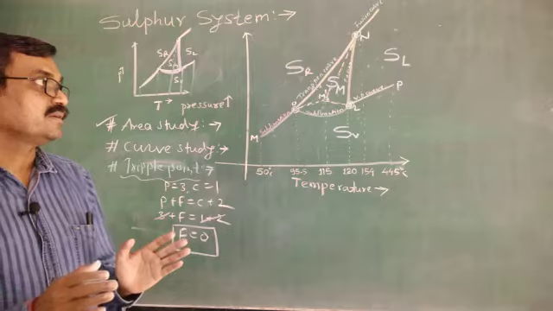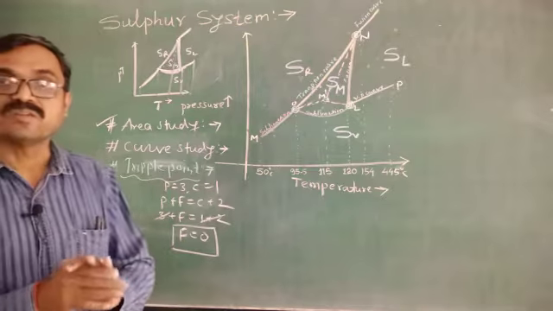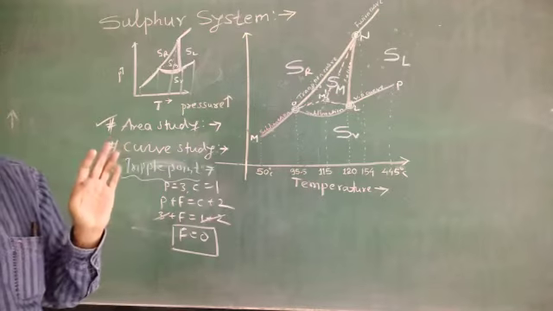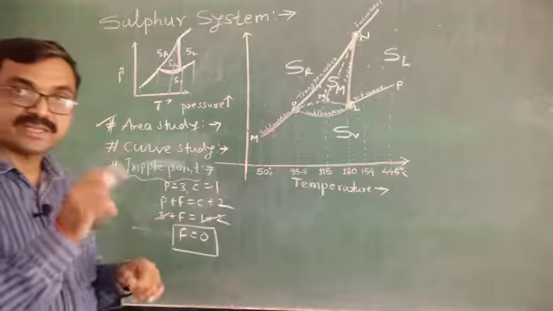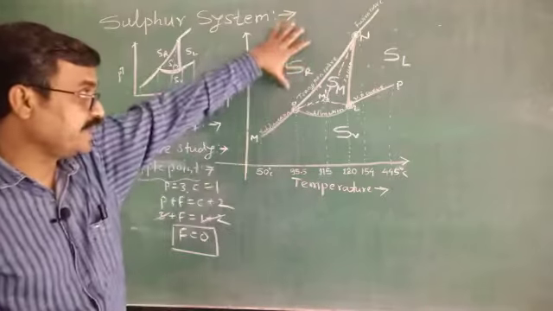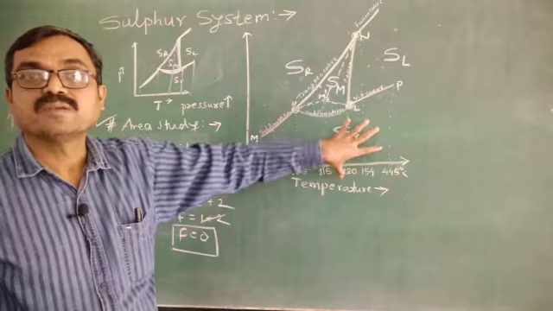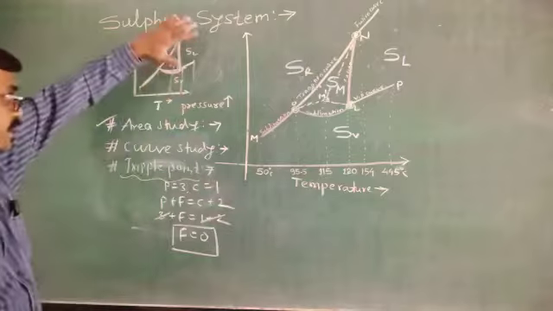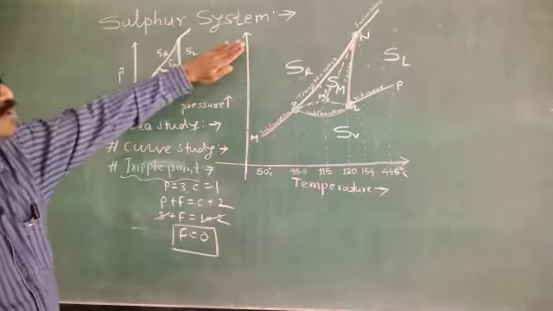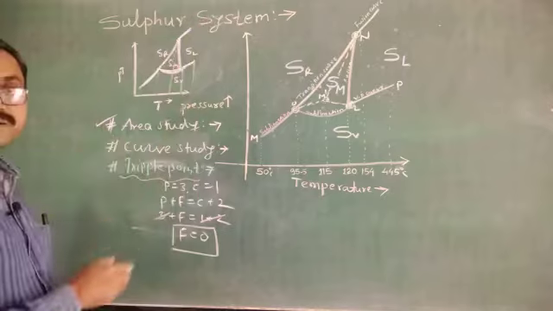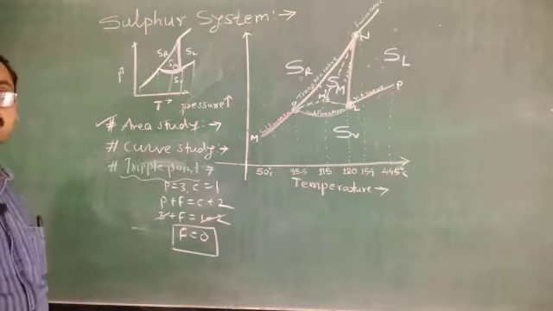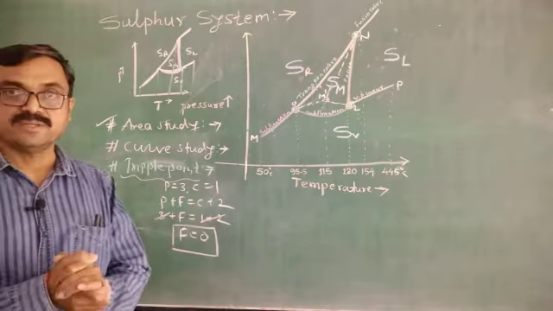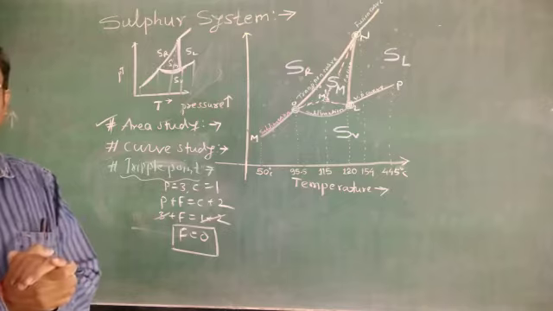In this way, a question may be asked: explain sulfur system as a bivariant system. The same diagram you have to draw. You have to write about the areas. Because in order to locate any point in any area, you must know both the temperature as well as the corresponding pressure. This is the simple diagram to study. But you have to draw this very diagram, very important, in each and every answer. Okay, I think you will get it in a lucid manner, in a simple way. Thank you.